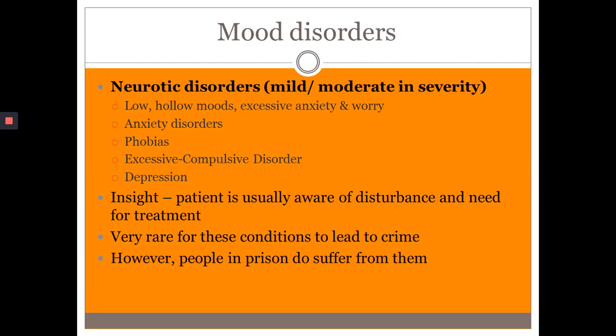Excessive compulsive disorder, sometimes referred to as obsessive compulsive disorder, OCD. Essentially, we're talking about basically different names for the same thing here, is a very pervasive form of anxiety, coupled with very ritualistic behaviours to try and allay the degree of anxiety. Common examples of which are counting obsessions, for example. People who have to count certain things as they go along in order to feel reassured, or need to double check things a certain number of times, so they may be unable to go to bed until they have checked